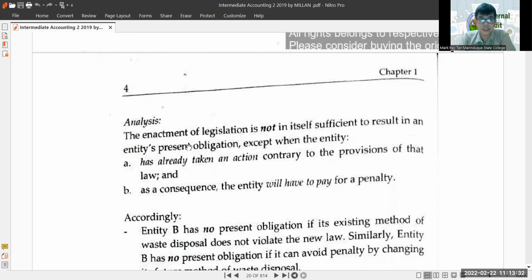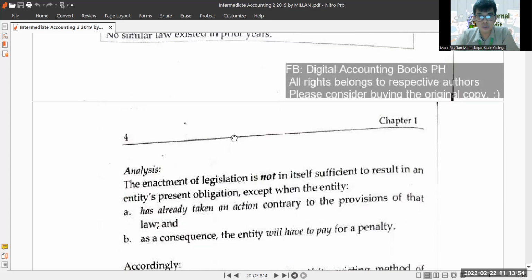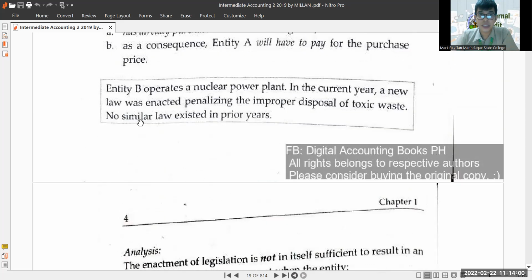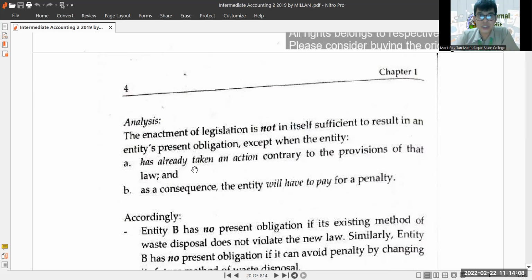So, bakit? Let's analyze. So, the enactment of legislation is not in itself sufficient to result in an entity's present obligation except daw. So, Tagalogin ko na. Sabi dito, in the current year, ano law was enacted? So, yung enactment na yon ng law, hindi siya sufficient, hindi siya sapat para magkaroon ng obligation si entity B. Okay? Pero, magkakaroon ng obligation si entity B if, ito, we have two examples here, if the entity had already taken an action